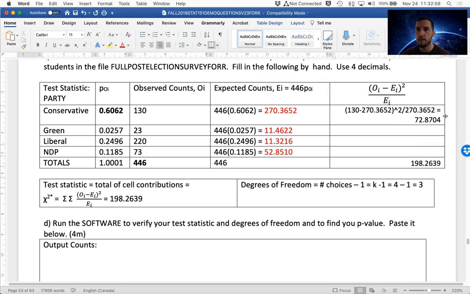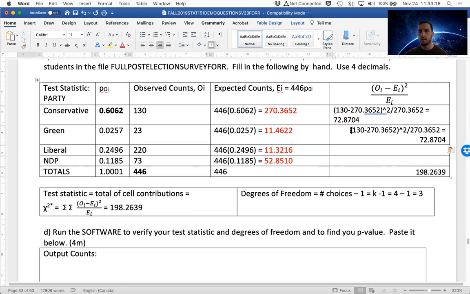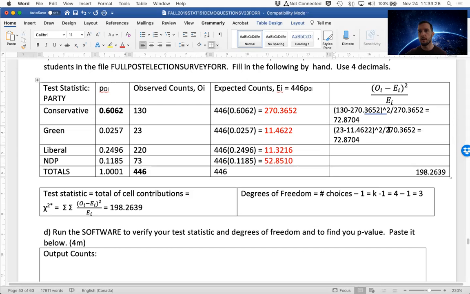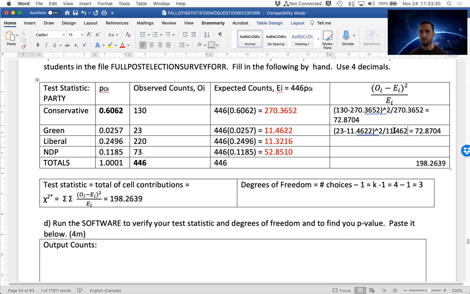Okay, and that's where the 72.8248704 comes from, is this process here. So we can do the same thing for each of the different rows below. So here we would have 23 minus 11.4622 squared divided by 11.4622, and that's going to give us